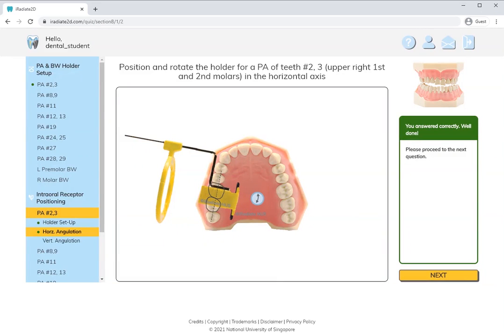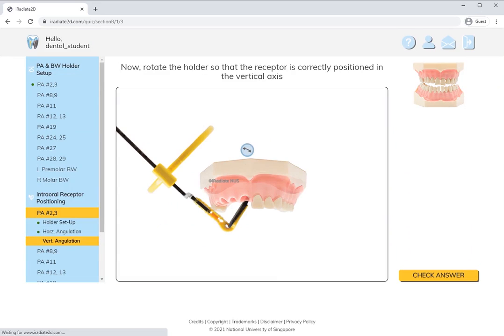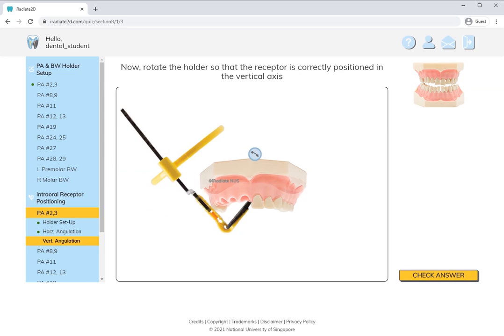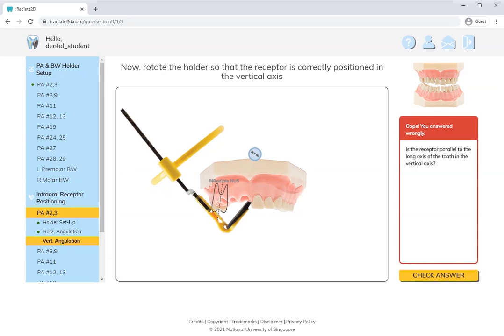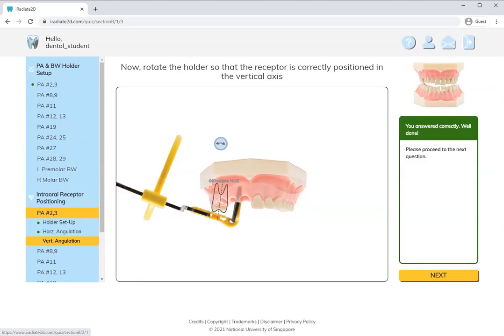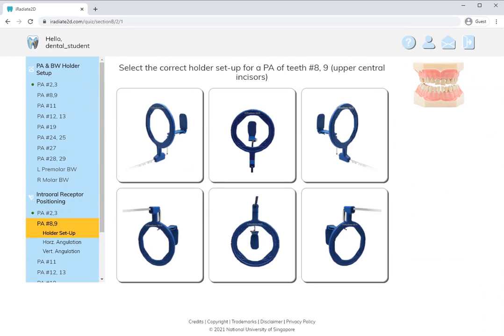And then you can move on to the next question, which asks the students to position the holder correctly in the vertical axis. So again, I'm going to do an extreme wrong demonstration, and like before, the outline of the tooth will show, as well as a dotted line that will help to guide parallelism. And I'm going to try again. So now this is correct, and as you can see, once the question is completed, a green dot will show